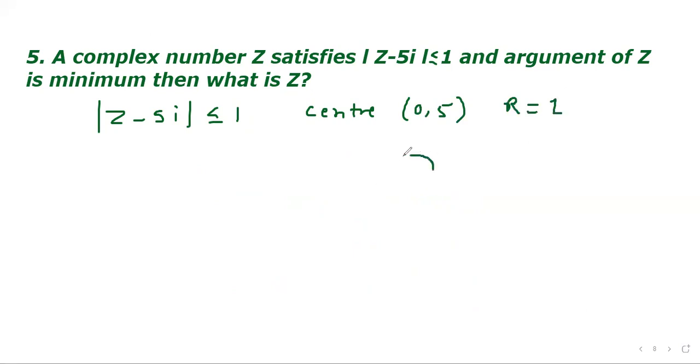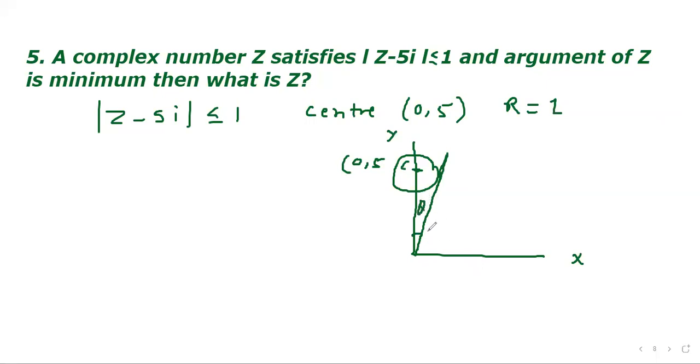So we can draw it. This is x-axis, this is y-axis, this is center C, which is 0 comma 5, and we draw it, and then from here this angle is theta. So this will be 90 minus theta. So this point is O, this is P,